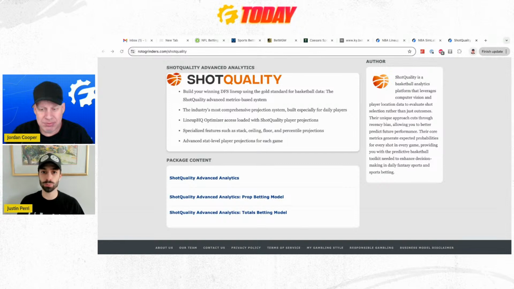And we've proven it, right? We have shown through fitting our data to results blindly, like taking seasonal data and saying, all right, let's pretend it's the middle of the season and we have the shot quality data and we have this actual data, which one's more predictive? And shot quality is almost like 3 to 4 times faster than just using box scores to establish the same level of predictiveness.